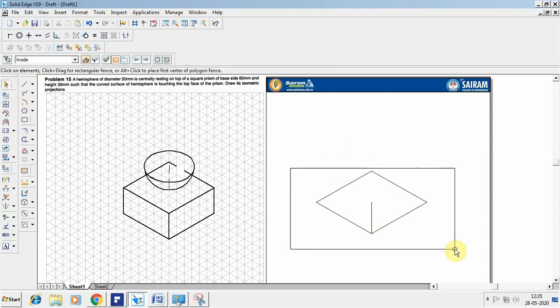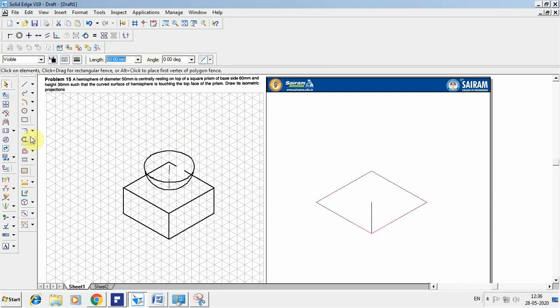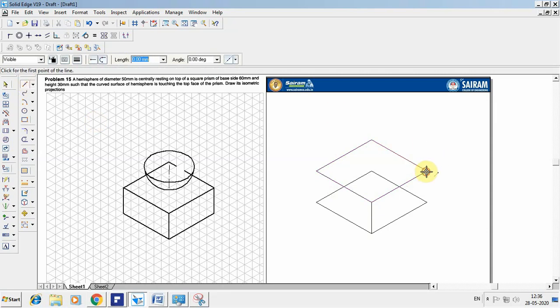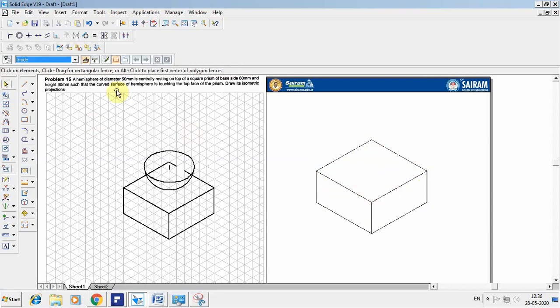or one more thing you can do is I can select this, keep this as it is, go for the move option with a copy. I want to select this endpoint to be on this. So now go for that and draw the connecting lines. Once you've done this, you can go inside and remove these lines which are invisible when you're going to see in that.